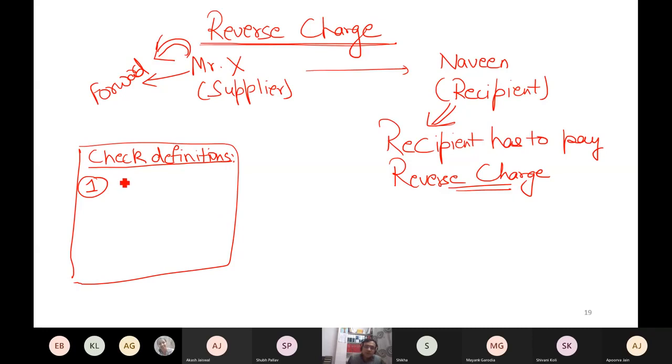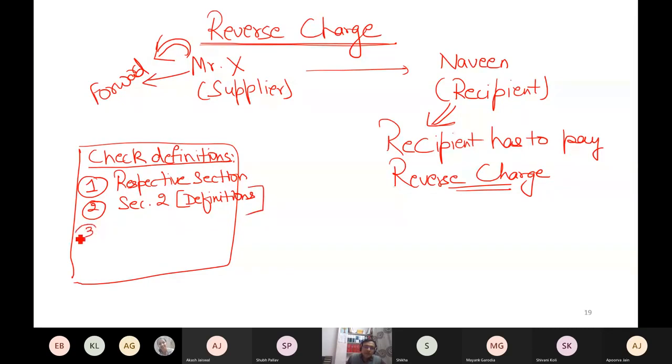So first of all, you check that respective section. If that is not defined in the respective section, check section 2, which contains the definitions of most of the acts. In most acts, in section 2 you will find definitions, but there are some acts where section 2 doesn't talk about definitions. That is section 3, 4 or 5, a different section number, but in most acts, section 2 gives you the definitions.